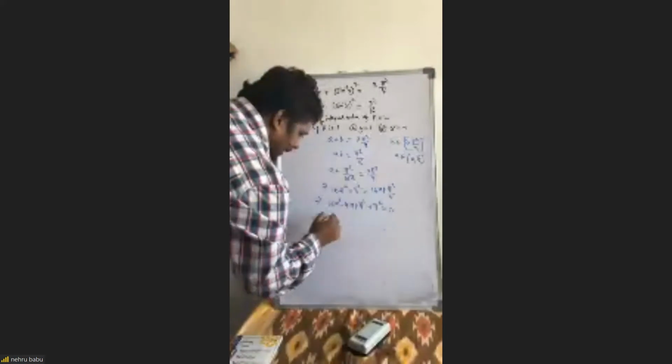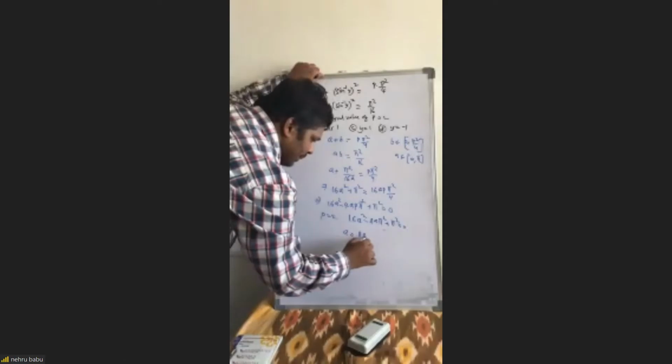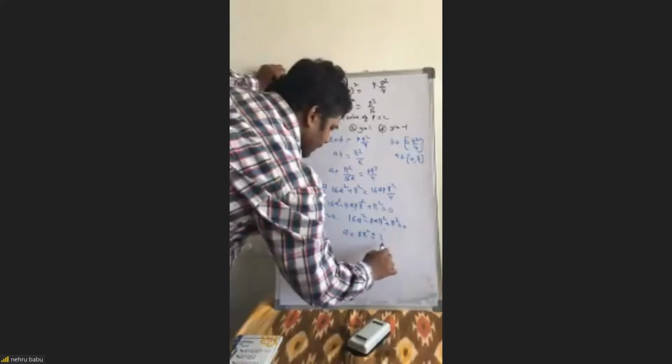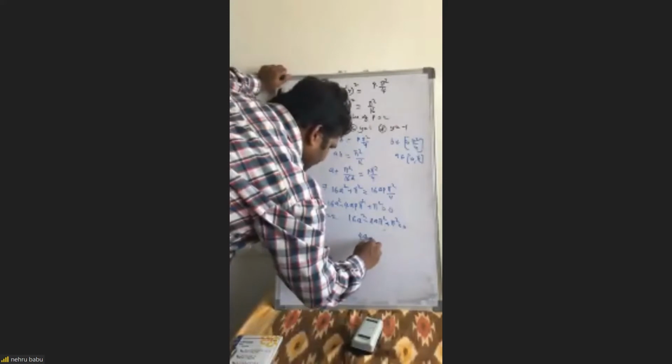So if you take p equal to 2, for example, what will we get? 16a square, because our doubt is p is 1 or 2. So I'm checking which is possible here. If you take p equal to 2, in this case what happened? 1 root is coming as 4.8, sir. 1 root is enough here to solve it. Yes, sir. So 16a square minus, if you take p equal to 2, 8a pi square plus pi square equal to 0. So a value is what? 8 pi square plus or minus the square root.